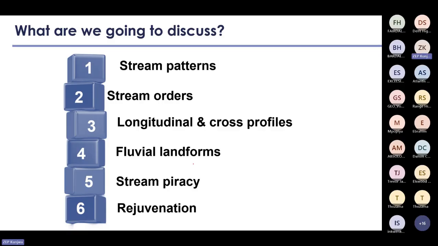Okay. Now we're going to be looking at the stream patterns, the stream orders, the longitudinal and cross profile of the rivers, the fluvial landforms, and the stream piracy and rejuvenation of the river. Now, the pattern, grade learners, is